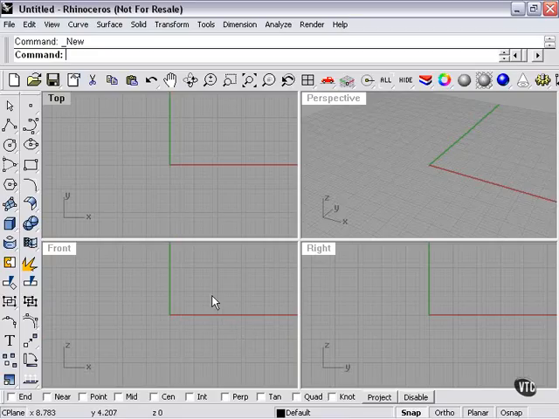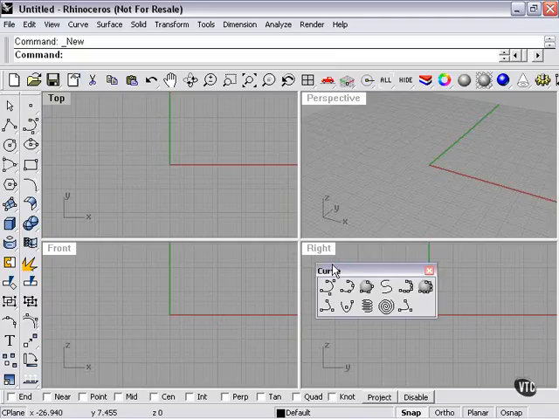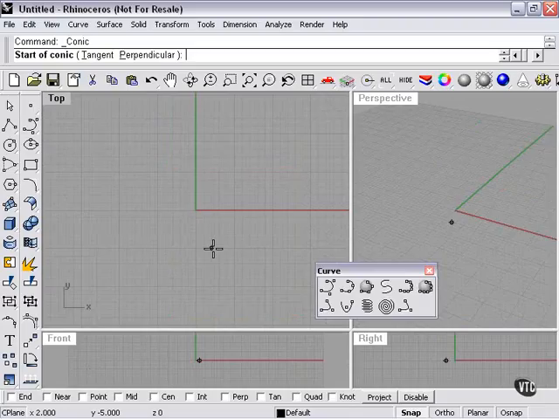Still working with the curve tools, we're now going to be talking about parabolic curves and conic curves. There are three tools that concern these: conic, parabolic, and tangent conic tools. I'm going to be talking about these two in this section. The conic curve, if I left click,